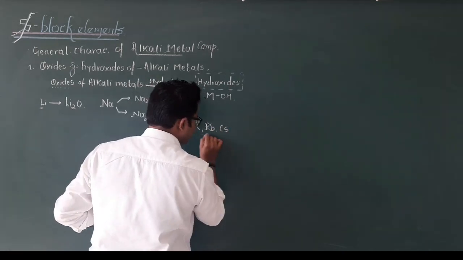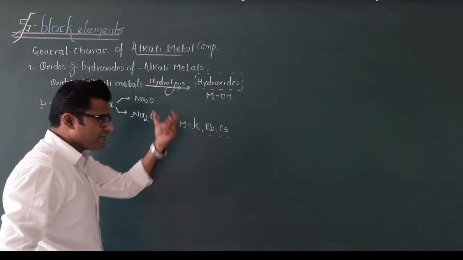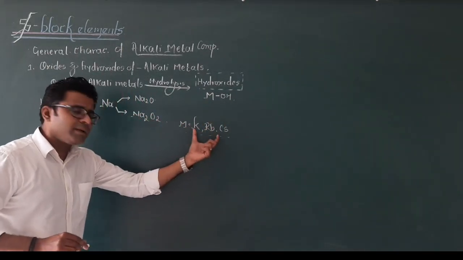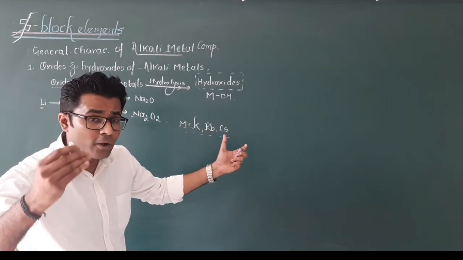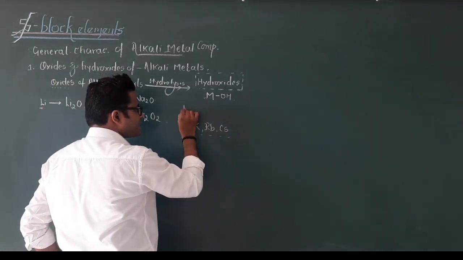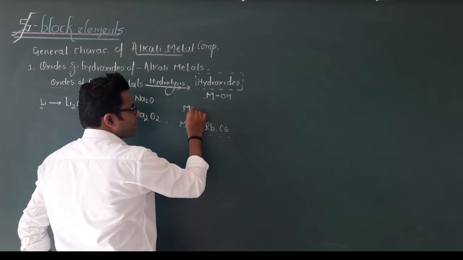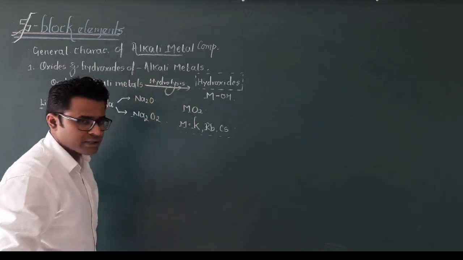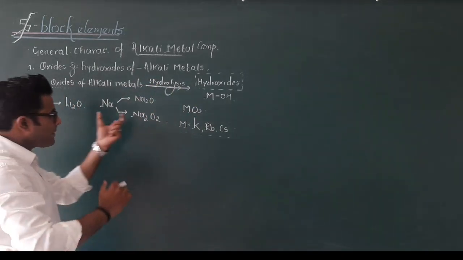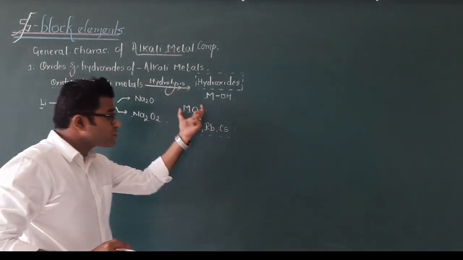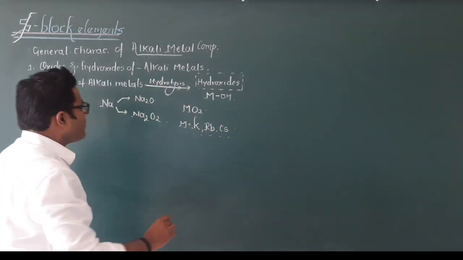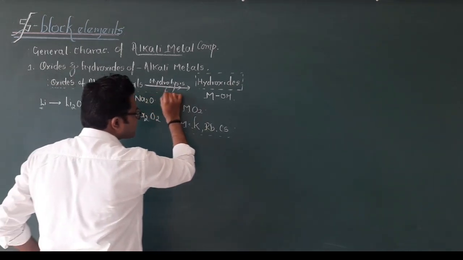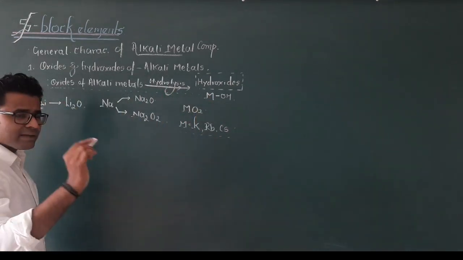When we take these three metals, what we understand is that they have the capacity to form superoxides, and a superoxide is denoted as MO2. So these are superoxides. Oxides, peroxides, superoxides. Now, as we have said, any type of oxide upon treatment with water ends up giving us